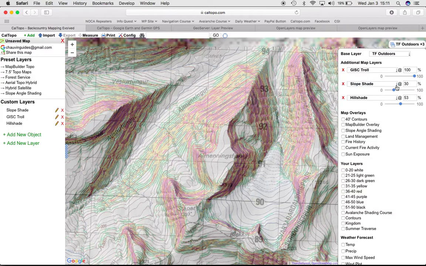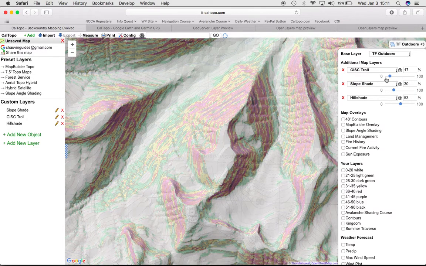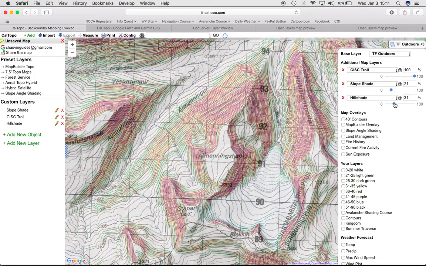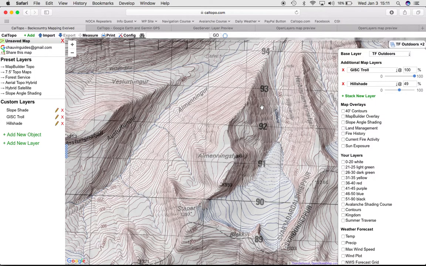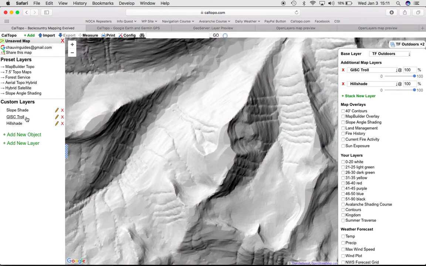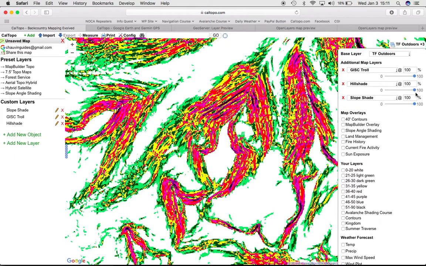And now I'll work in a smaller scale so you can see how the opacity can work. So however I decide to balance out slope shading versus, and if I, for instance, didn't need the slope shading, I could just cut it out, and now I have just the hill shade with the topography, or just the topography. So that gives you an idea of what it looks like, how I put this all in,